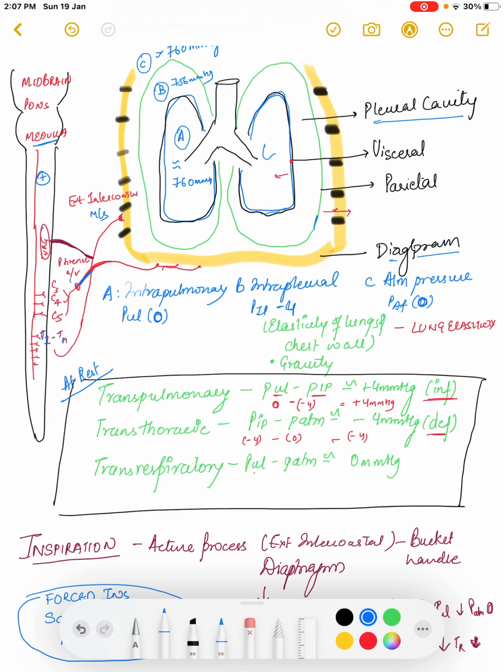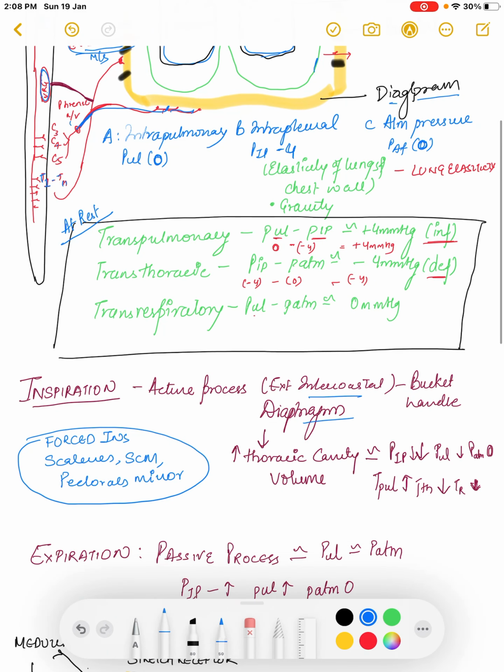There is also a group of neurons called the ventral respiratory group, which also supplies signals to the external intercostal muscles. Together, these excitatory signals send impulses to the diaphragm and external intercostal muscles. Now, when the diaphragm and the external intercostal muscles contract,